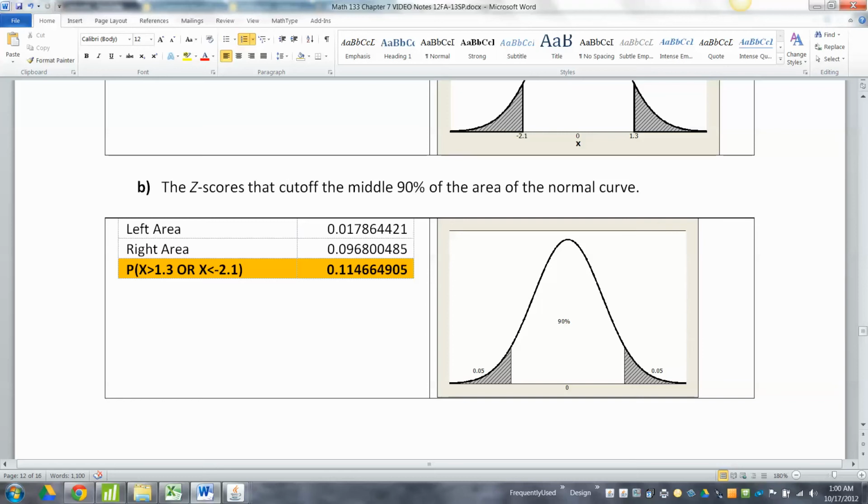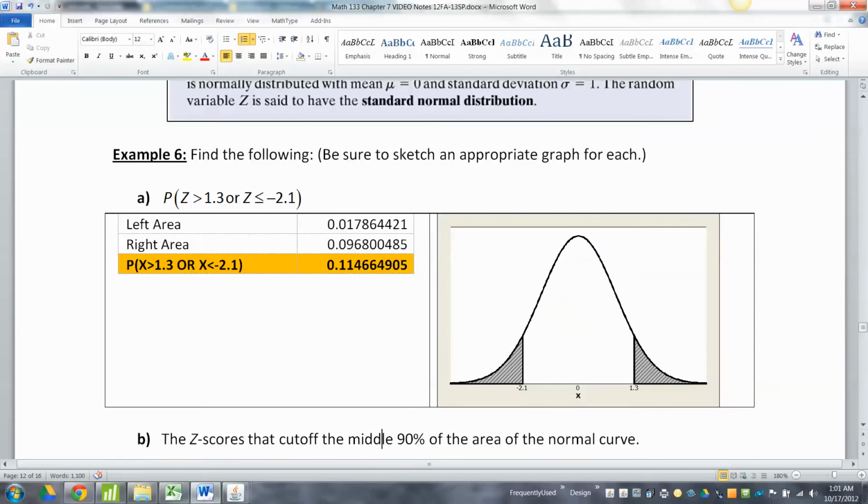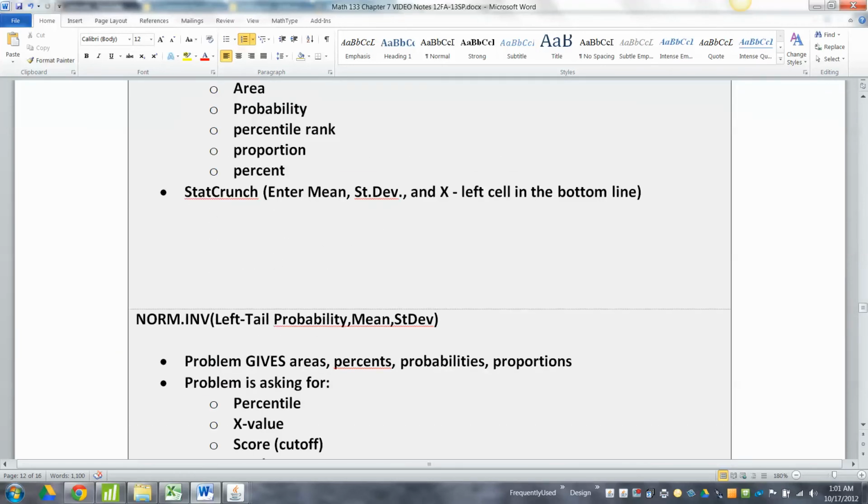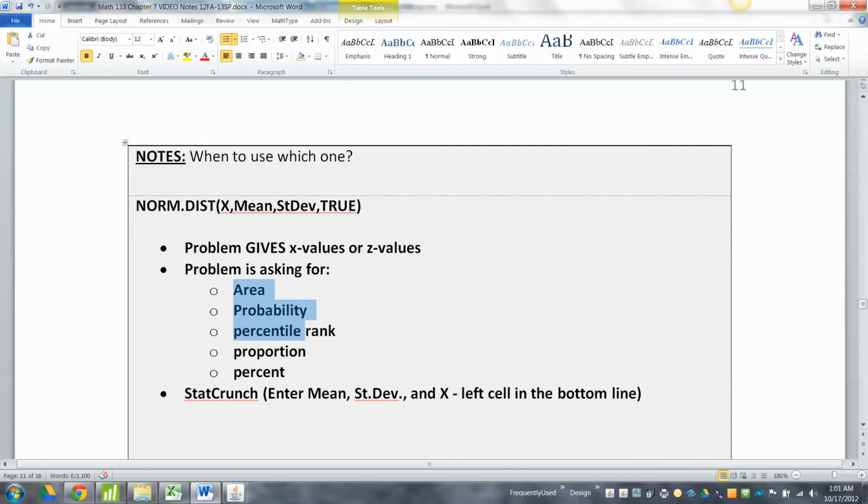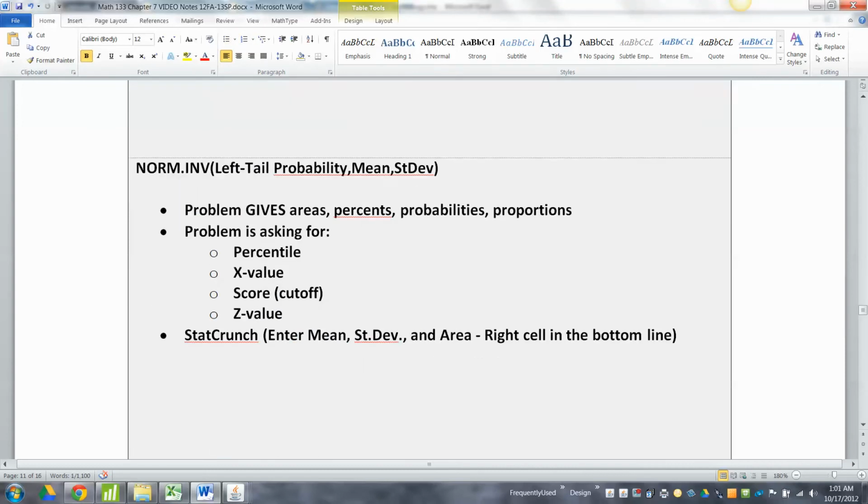Okay, so now we need to know how to find the z-scores that cut off the middle 90%. Now notice for this one, for example 6a, they were asking for a probability. And when they ask for probability, that means we're going to be using NORM.DIST. But the next one,